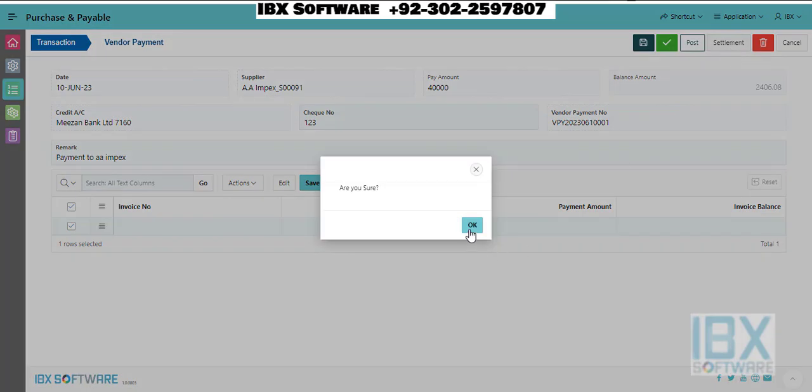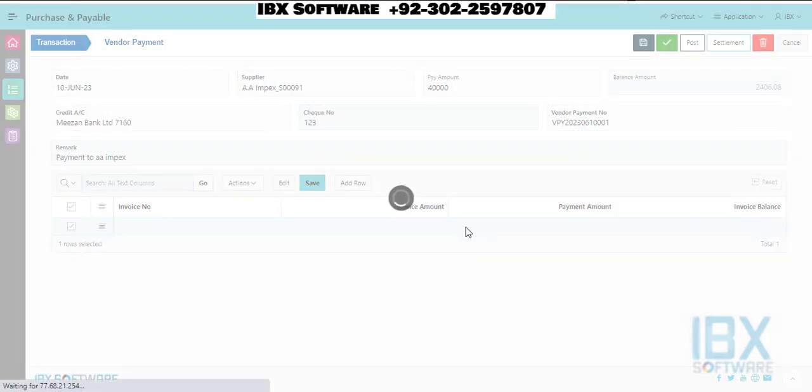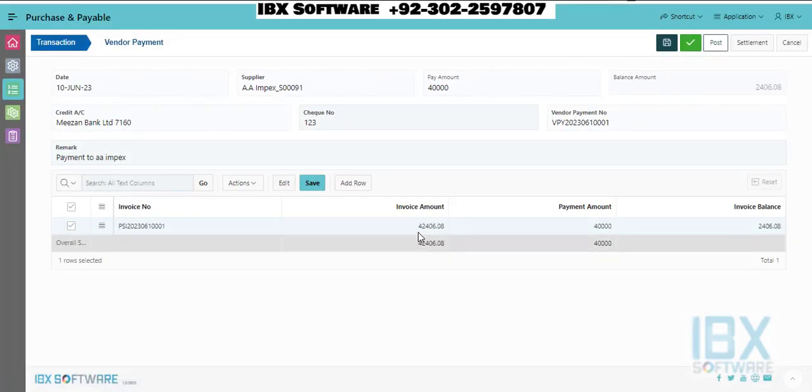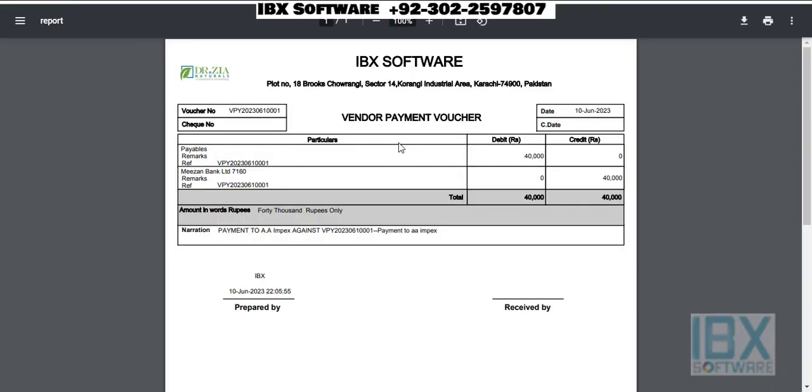Now click on Settlement button to knock off invoices by FIFO method automatically. Click on the Save or Submit button to create the vendor payment in the ERP system. After saving the payment, the ERP system should generate a payment transaction record or reference number for future tracking and